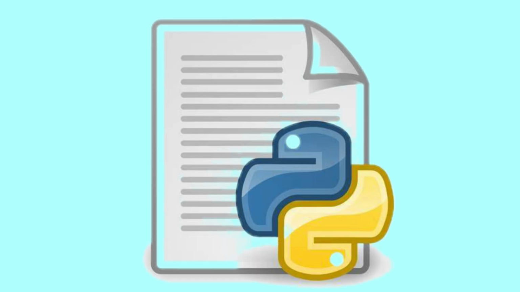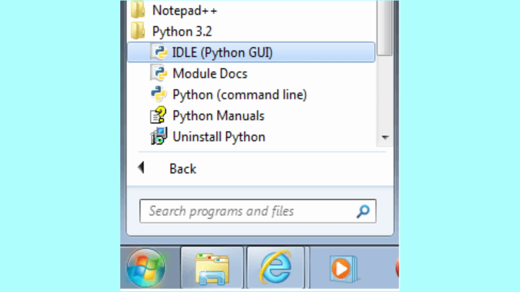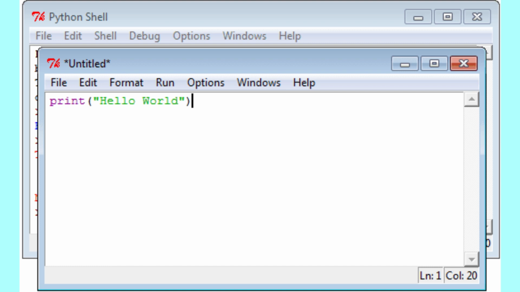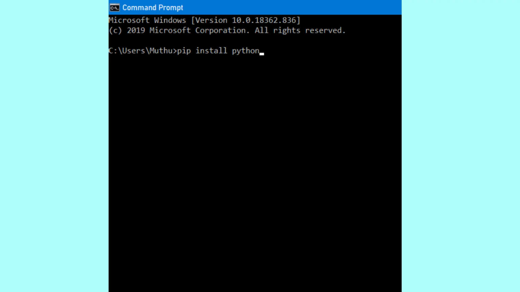The first one is IDLE, Integrated Development and Learning Environment. It's a default editor that comes with the Python installation. This software helps a beginner to learn Python easily. So if you are a beginner, definitely you need to use this app for your initial Python experiences. This software is coded in Python and uses the lightweight Tkinter toolkit to draw its own GUI. If you want to install any external packages for your projects, then you need to use the command prompt for Windows and the terminal for Linux for doing the installation.